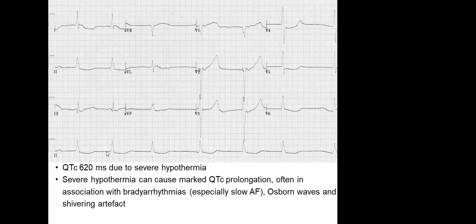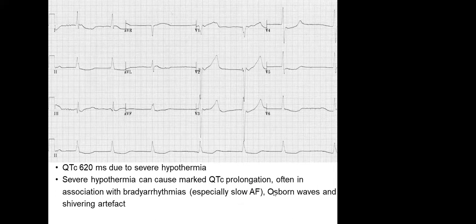So 4 squares of QRS complex followed by prolongation of QT. The corrected QT is 620 milliseconds in severe hypothermia,